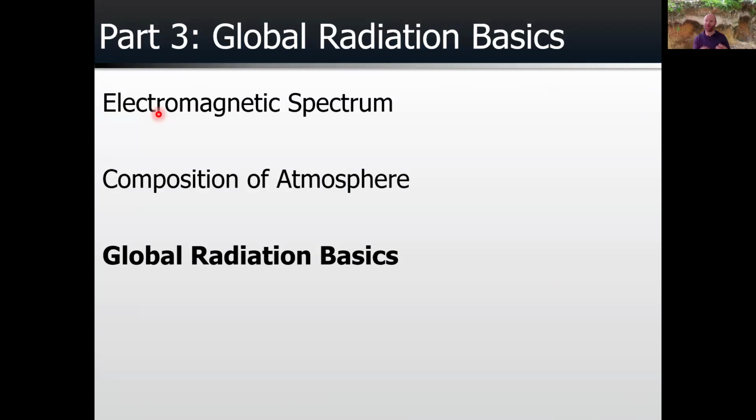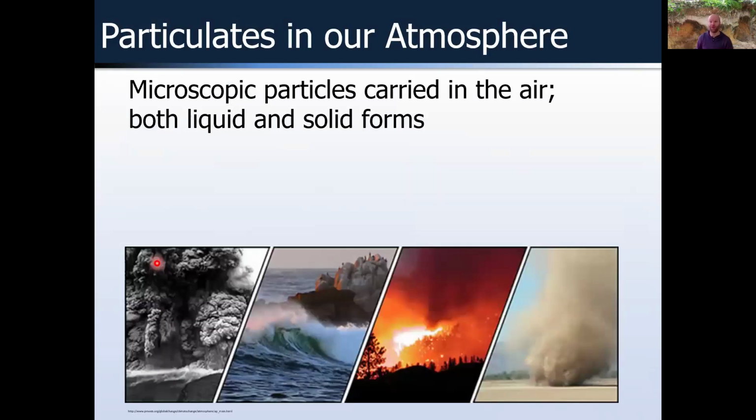All right, so now we're going to connect Earth-Sun geometry, electromagnetic radiation, the composition of Earth's atmosphere, and we're going to integrate it here into some global radiation balance, as that then kind of prepares us for future lecture topics. So here, another major player, if you will, or influence with our atmosphere are